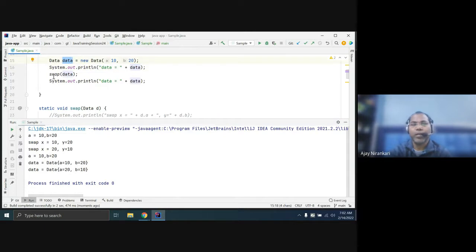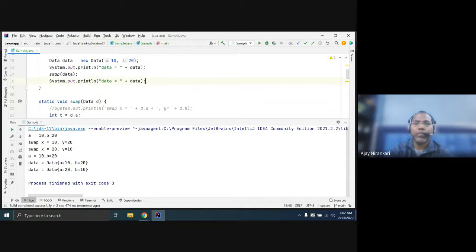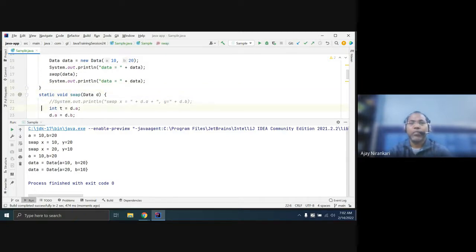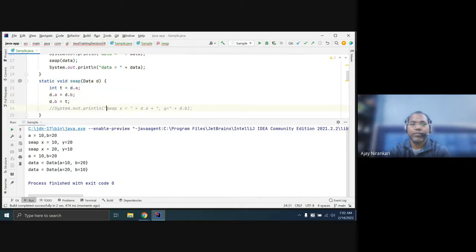Just after this function call, I print it again, and you notice the value has changed. Why did it change? Because we pass the object. Objects can be shared.